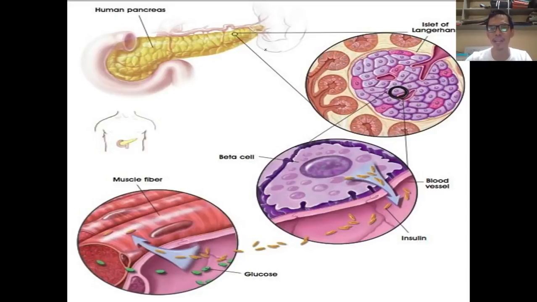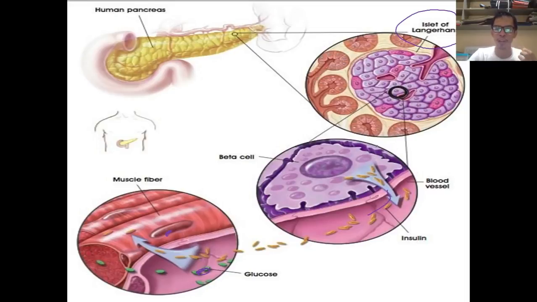So in the pancreas, there is what they call the islets of Langerhans that secretes insulin and glucagon. The beta cells are the ones that secrete the insulin, and it goes to the muscles. The insulin acts like a key that unlocks the muscles' ability to absorb sugar in the bloodstream. So without insulin, the sugar that we have right here will accumulate in the bloodstream, and it will cause